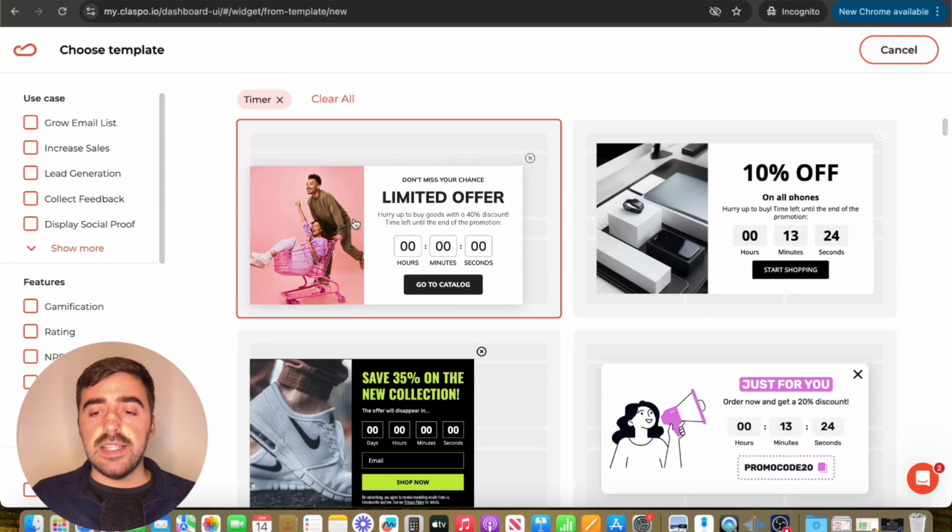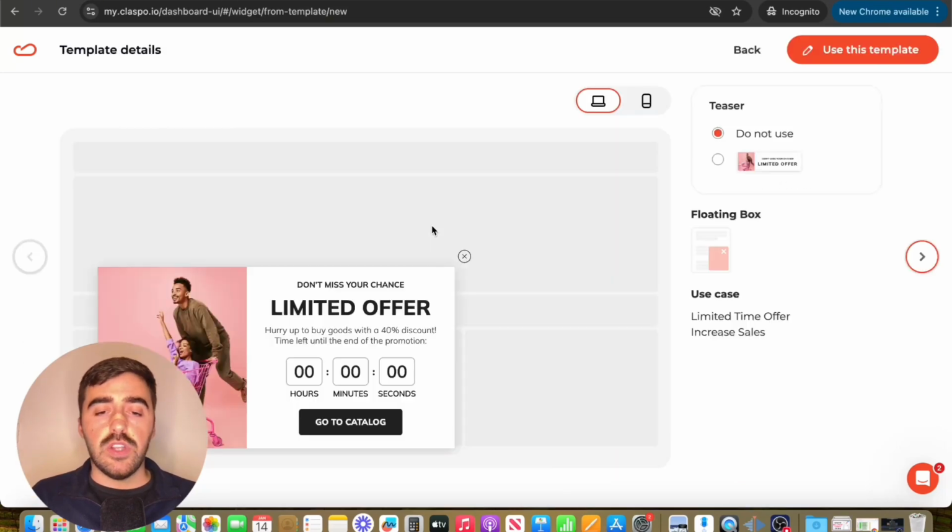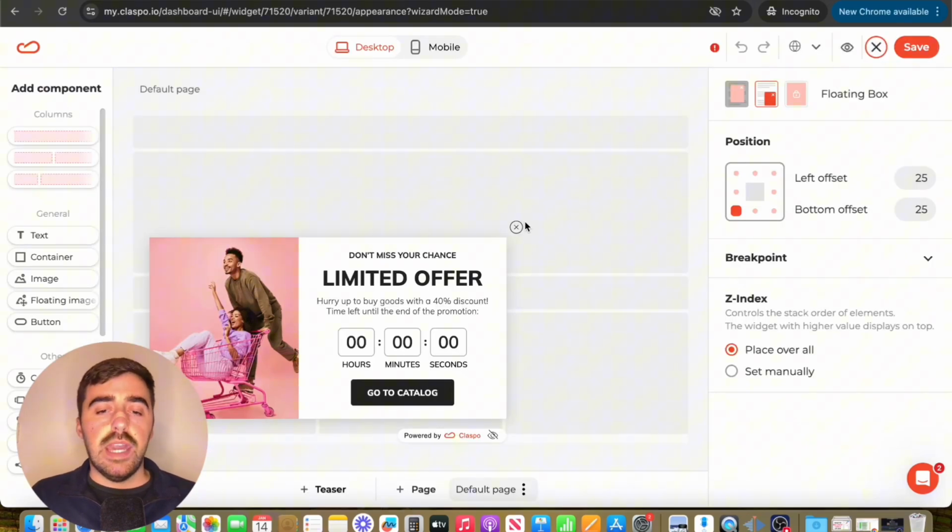Now, in terms of the templates, this right here is the one that I'm going to go with. So I'm going to go ahead and click on it to select it. And then I'm going to go ahead and click on use this template in the top right corner of the screen. This will automatically take me to the edit section, which is where we can start customizing the template to